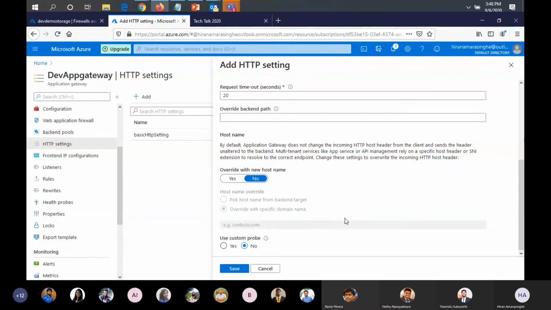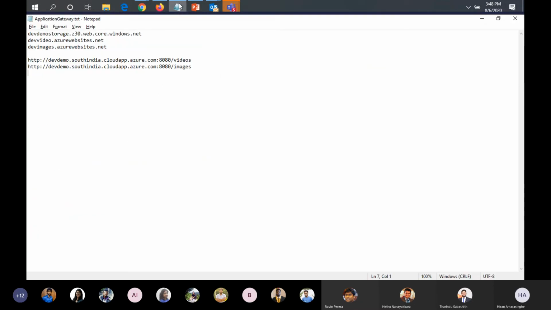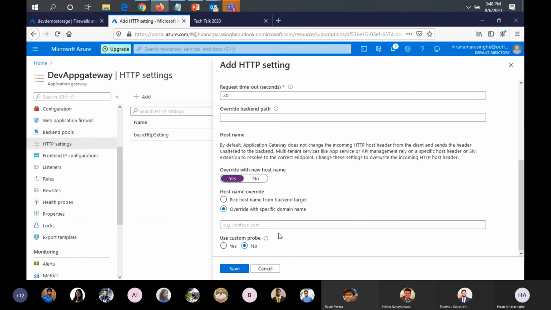But if you want to modify it, because now you know there are components like Azure API Manager, right? APIM actually does rely on the host header a lot, because it can have multiple APIs hosted. So to reroute the traffic to the relevant API, it needs to know the host. Therefore, you can say, okay, I'm going to override the host, and I'm going to tell what the host is. So now here I'm going to tell that this is my host because this is the URL that I got